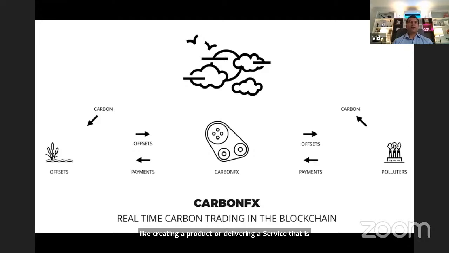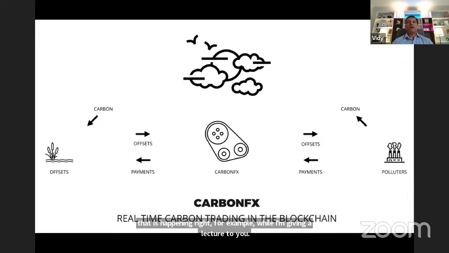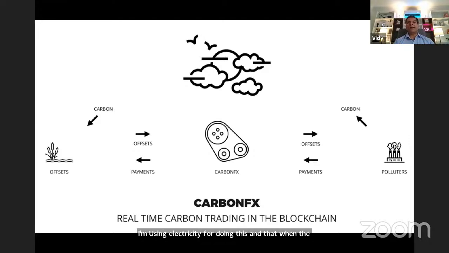For example, while I'm giving a lecture to you, I'm using electricity, and when the electricity was generated, there was some emission. So although you cannot see the actual fumes of carbon in the air while I'm presenting, it has happened somewhere else. So this platform helps to